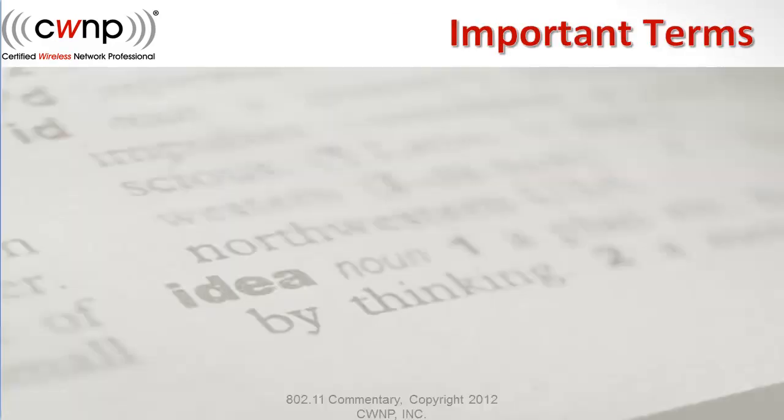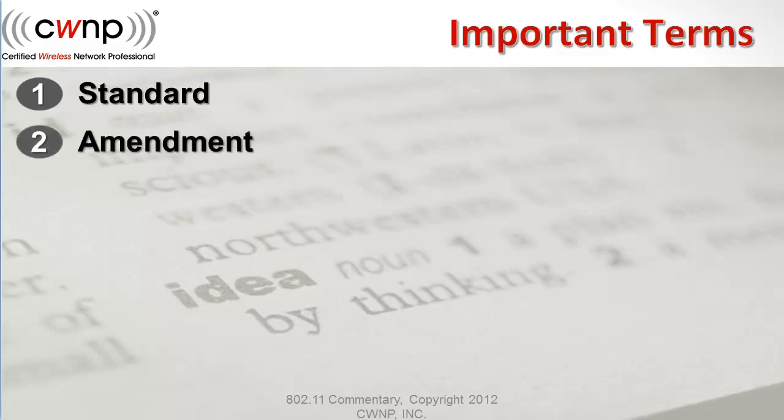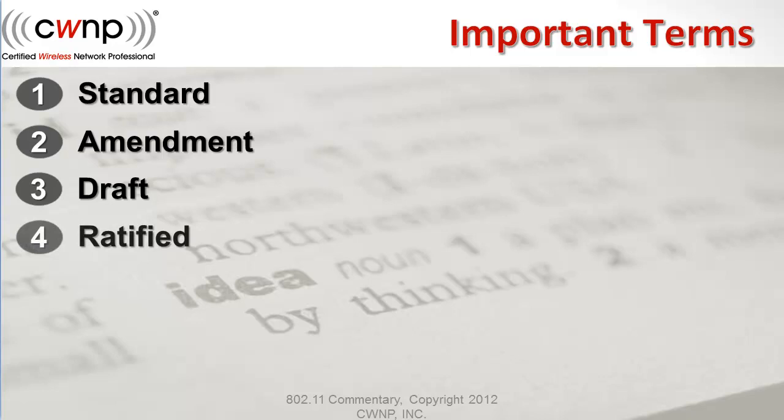Now let's talk about some important terms in summary. We've talked about the standard. This is that living document that when amendments are ratified, they become part of it. An amendment is a way to change the standard. When it's ratified, it becomes part of the standard. While it's a draft amendment, it is not yet part of the standard, even though vendors will often create draft devices. For example, when 802.11n was still in the draft phase, a lot of vendors came out with devices saying that they were compliant with 802.11n draft. Well, we're seeing devices that are 802.11ac draft as well, and we'll continue to see this into the future, I'm sure. When it's ratified, the amendment becomes part of the standard.